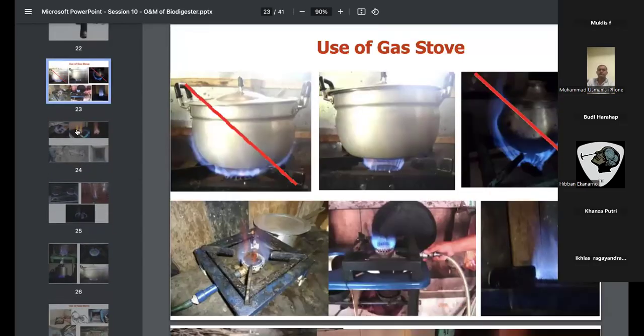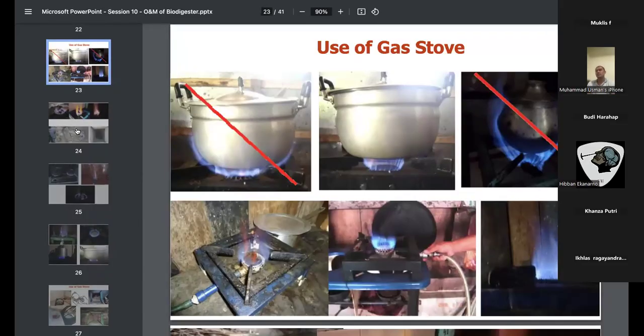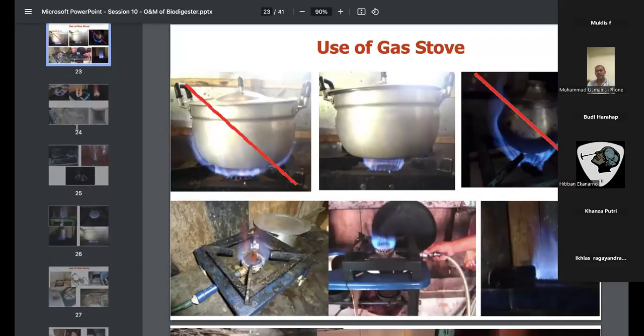Next, please. So this is a common problem which we have seen in Pakistan, and I hope that it will be the issue in Indonesia as well. What the farmers are doing is using the same stove for biogas cooking as they are using for natural gas. Please keep in mind, the stove for biogas will be different compared to the LPG